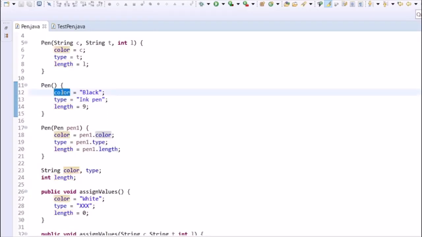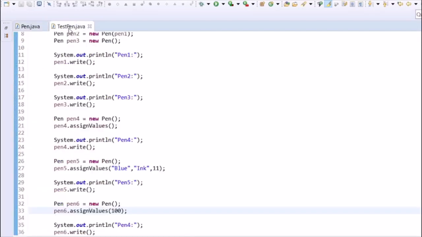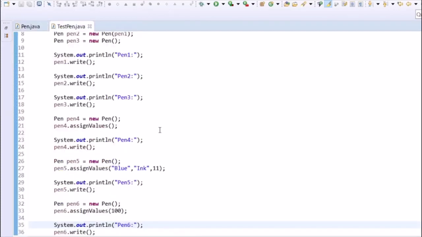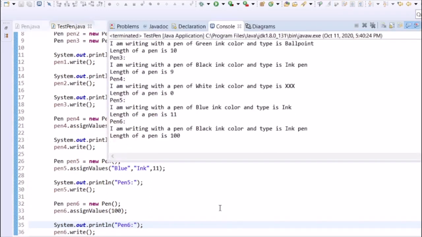So pen P6 will be black ink pen with length 100. So let's execute this and see the output.